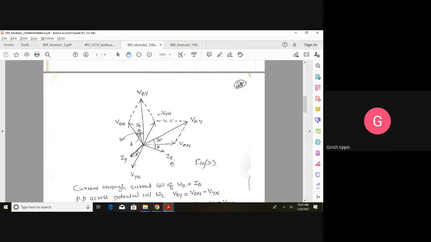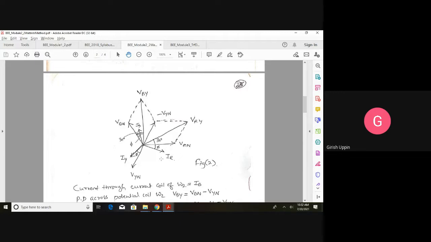Why IR? In case of a star, line current is equal to phase current. Now, assuming that this is an RL load, the current will lag the voltage by an angle phi. So with a small angle phi, you draw IR, meaning the current in the R phase is lagging the R phase voltage by an angle phi. Similarly, for VYN, IY is the phase current lagging by phi, and VBN, IB is lagging the voltage by an angle phi. So this angle is phi. Now you have drawn the R, Y, B phasors and IR, IY, IB lagging by an angle phi.